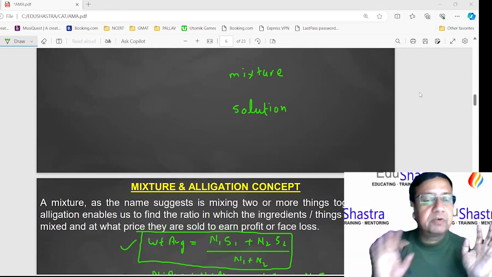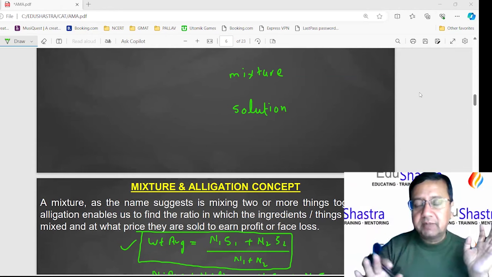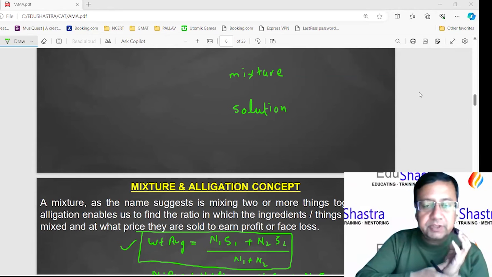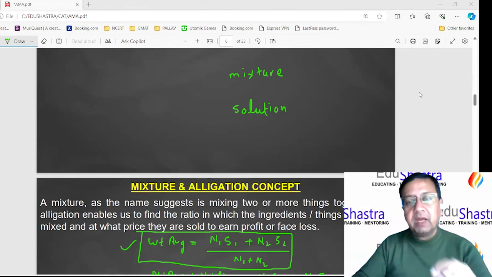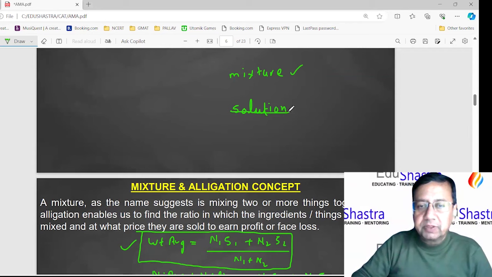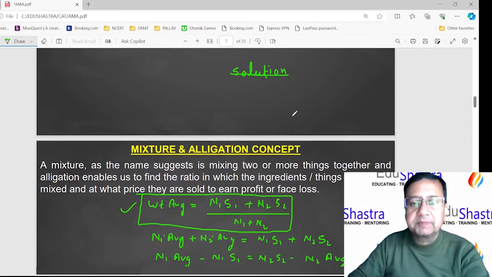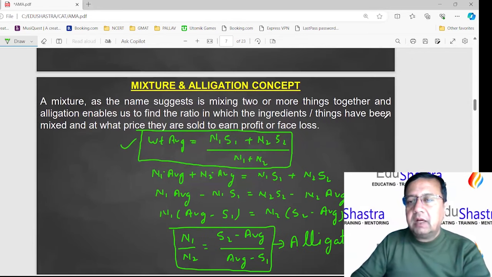So the number of components are not restricted, right? This depends just on the examiner, how many components he or she is giving, right? Okay. So this concept is typically applicable for mixture, not for the solution, but in questions you will find the two terms used interchangeably, right? Okay. Now, coming back to this,